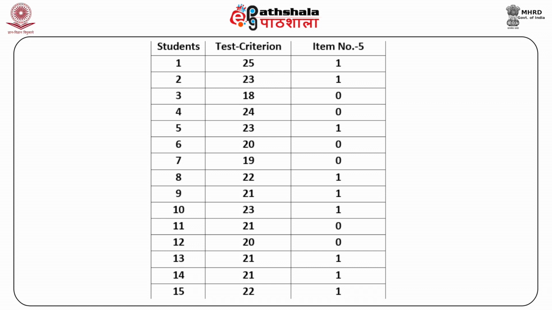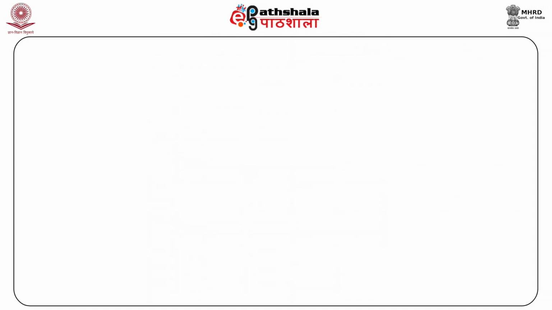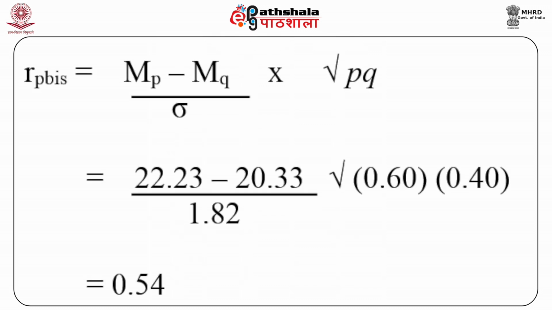P is equal to 9 divided by 15, 0.60, and Q is 6 divided by 15, which is equal to 0.40. Sigma is 1.82. Therefore, applying these values in the point biserial correlation formula, we get the coefficient of point